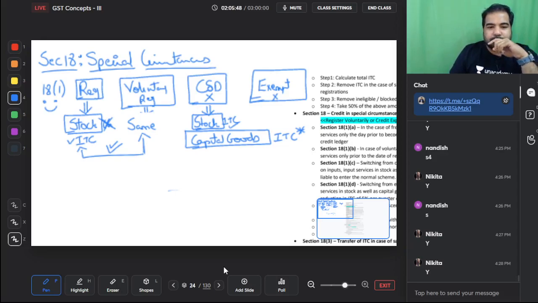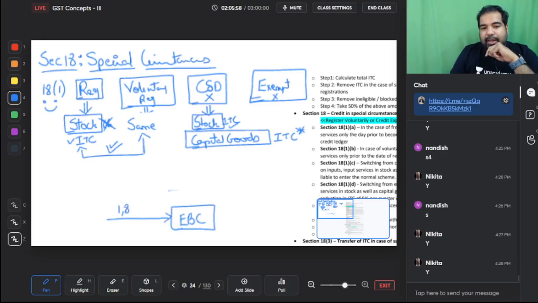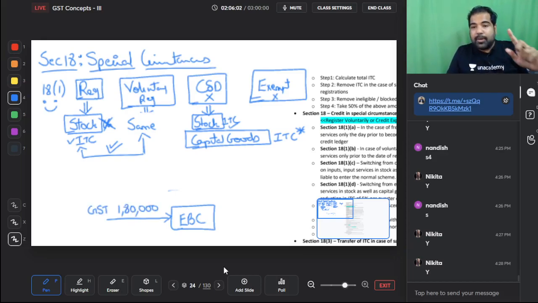Let's say electric bike companies: electric bikes were earlier exempt, now they are taxable. So if you bought a truck on which you paid GST of 1,80,000, the government says, listen, however many quarters you've already used it, we will minus 5% for each, because it's a used truck. Guys, if someone sold you a new car, you will pay the full price, but if someone gave you an old car, you will minus some price, right?